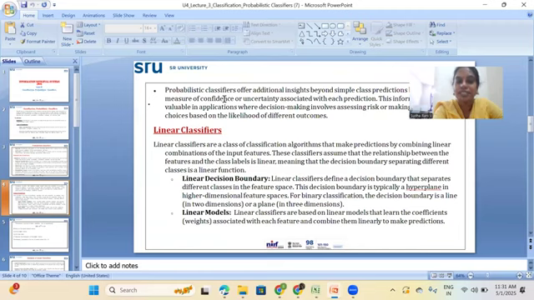So here we have the linear decision boundary and linear models. Linear classifiers define a decision boundary that separates different classes in the feature space. This decision boundary is typically a hyperplane in higher dimension feature spaces, just like the boundaries 0 to 10, 11 to 20, 21 to 30, where we have the lower boundary as well as the higher boundary. By considering the lower boundary and the higher boundary, we will take the linear decision of the boundaries.